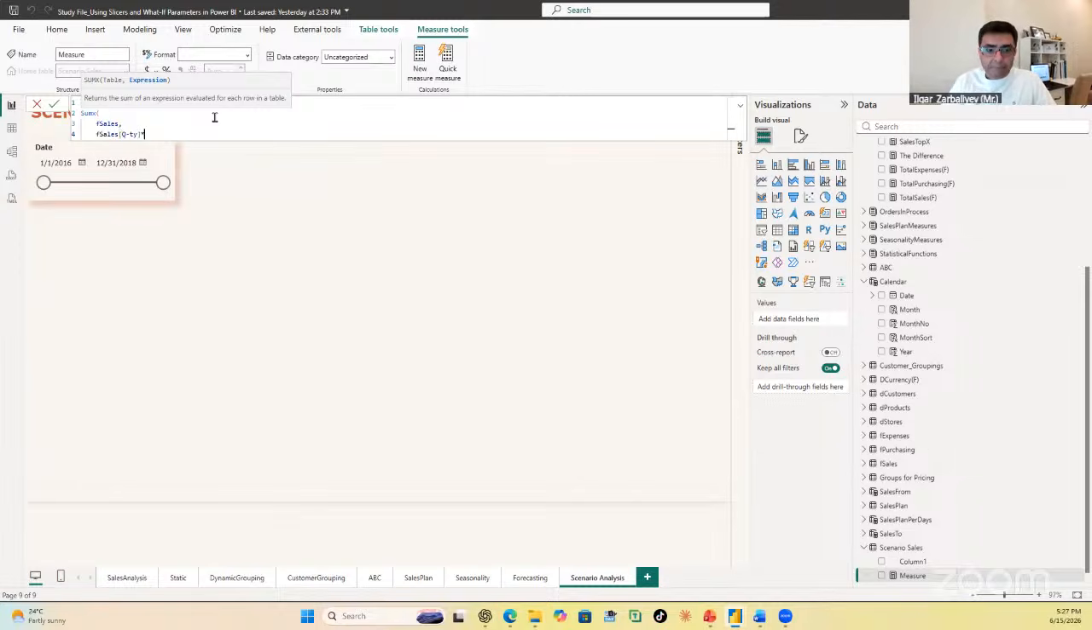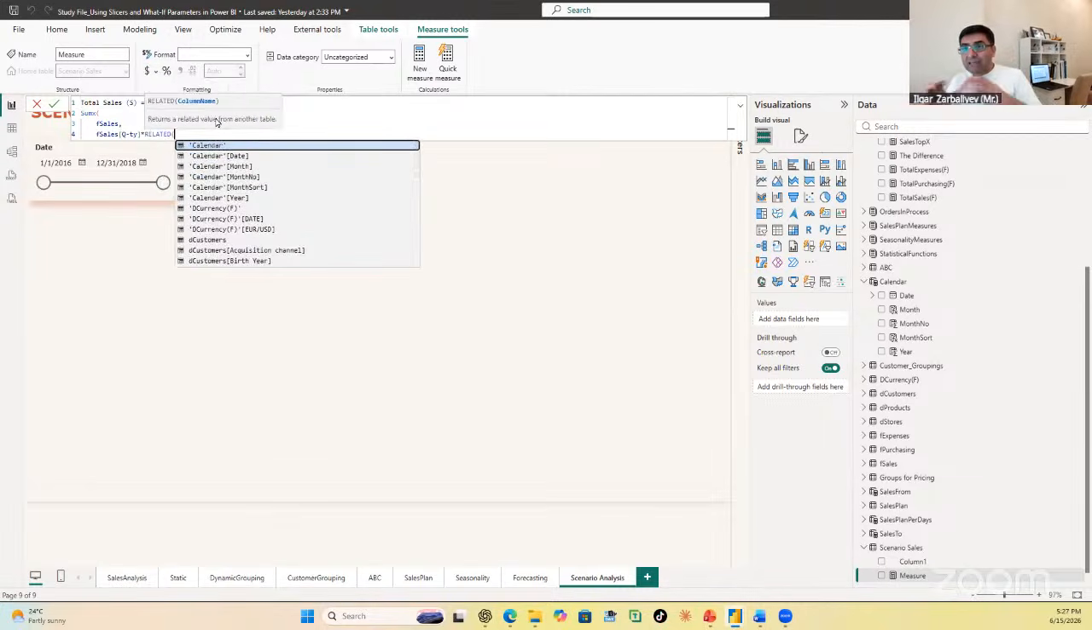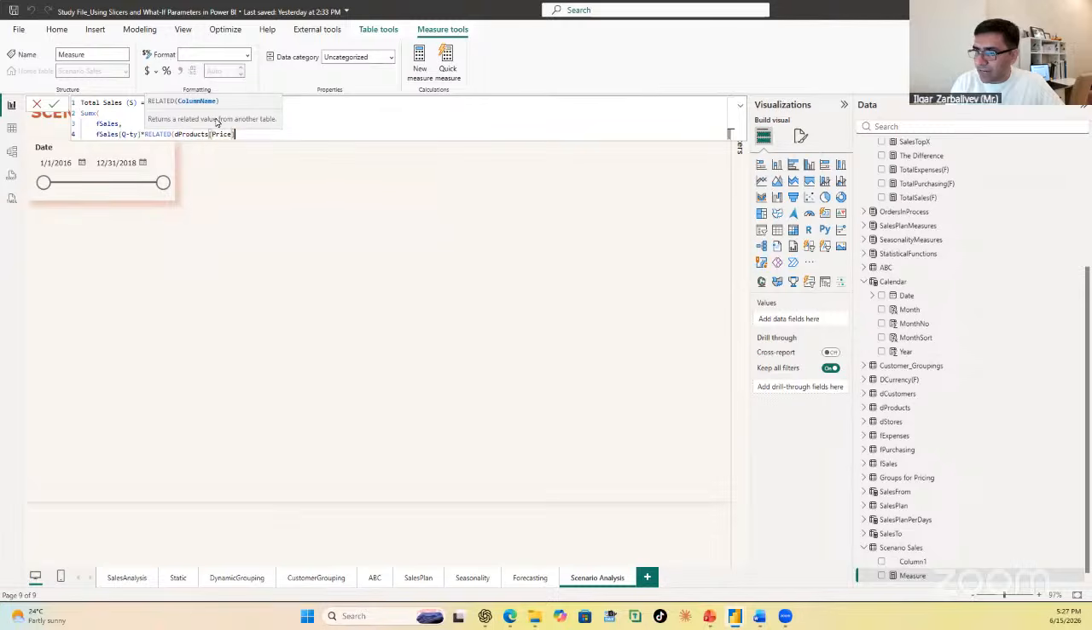times, here I'm going to use the RELATED function, as there is a relationship between F sales and the D products table that I mentioned a little bit earlier. The RELATED function helps us extract the necessary prices of each product from the D products table. So I'm going to say D products and price. Closing parentheses. Let me close once again. And thus, I'm getting this